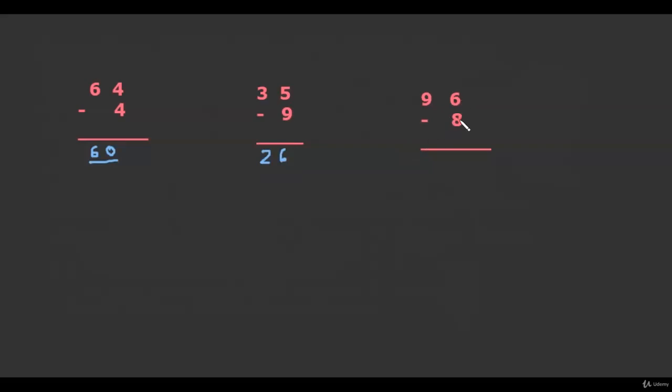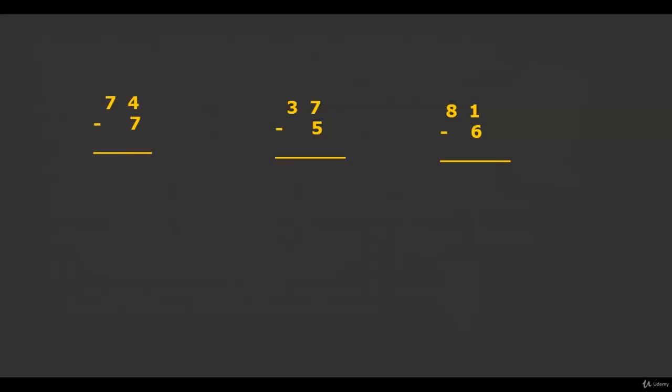In this case, these are mismatched numbers. So instead of writing 9 over here, we will write 8. And complement of 8 is 2. That is added to 6 to make it 8. So 88 is the answer. So this works on a different concept. Here instead of subtracting we are adding and we are taking the help of matched numbers and mismatched numbers and the concept of complements. Let's take a few more examples.